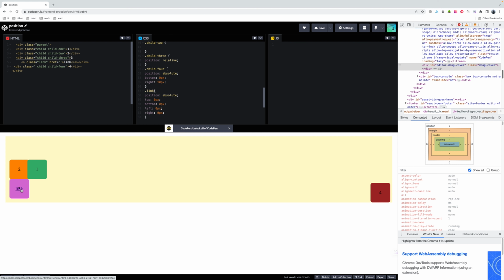To achieve our goal, we can use pseudo element after. This pseudo element can add content next to our link. Let's add after, content, and comment absolute, and place something in content.